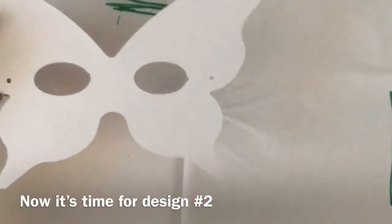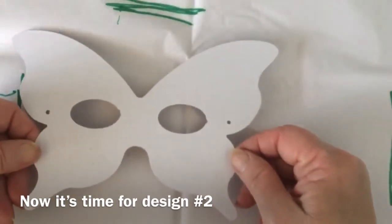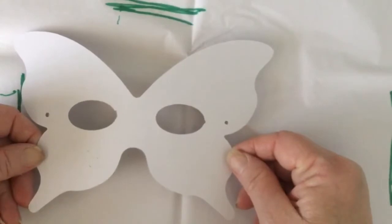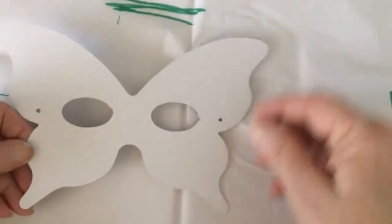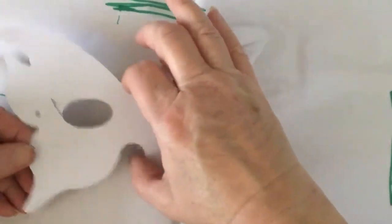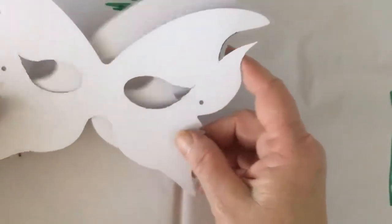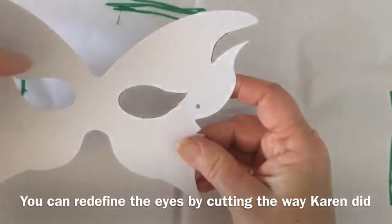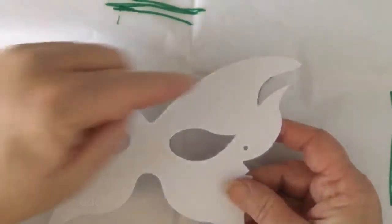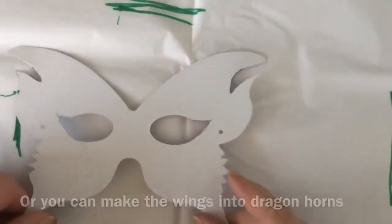So the mask starts off looking like this, just like a butterfly. And certainly you could just draw on it and color it anything you'd like. What I have done with mine is, as you can see here, I cut off different pieces of it. I cut out the eyeballs so they have a little bit of shape to them. I made dragon horns in a few different places, and little horns down here too, by just trimming little bits